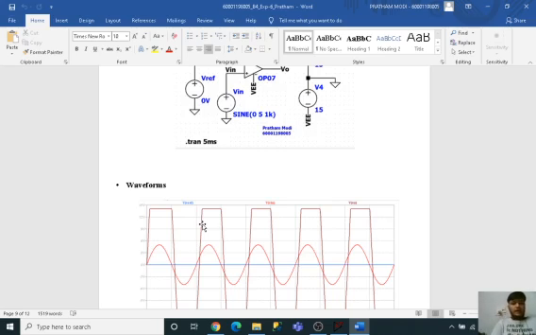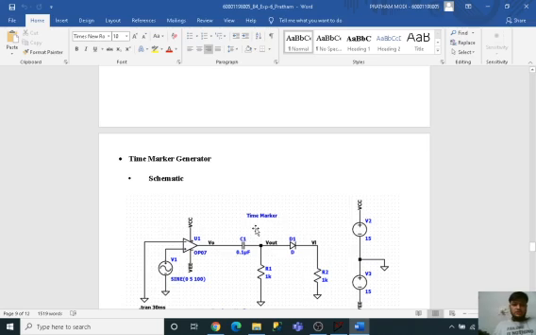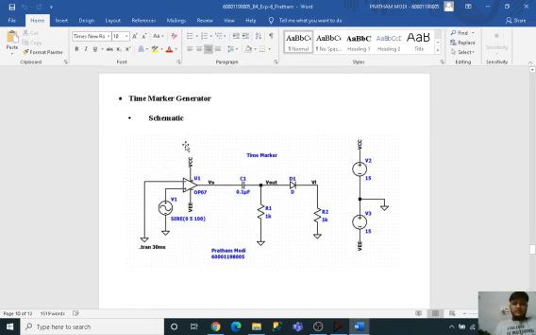And the final one is the time marker generator, which is nothing but another application of a comparator. This is the same ditto copy of the zero crossing detector. After that we have applied a diode over here to make sure that the positive and the negative pulses across this are being used. So the output of a zero crossing detector is differentiated by an RC circuit. See, this is the RC circuit, which is a bit different from the zero crossing detector, so that the output voltage Vout is a series of positive and negative pulses.